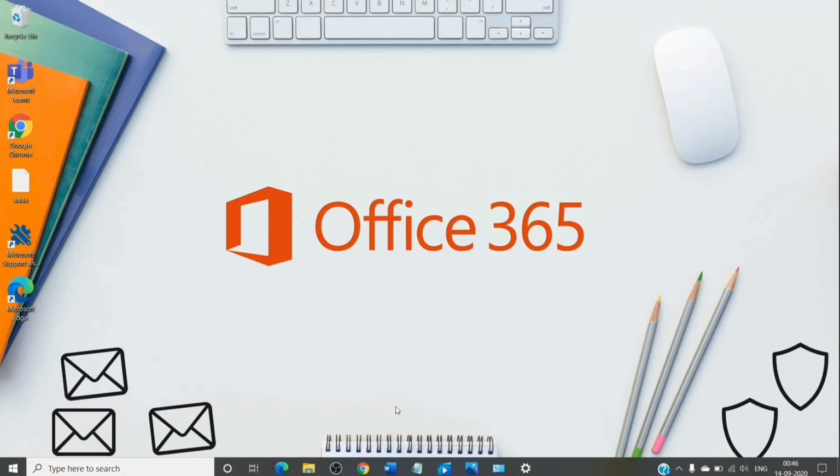So now the step which we are going to perform is basically known as unpkey. It basically removes all the product keys which have expired on your computer, and that allows Office to act as a brand new installation, and it starts the process of activation again. So in unpkey, we will first need to check the Office installation bit.